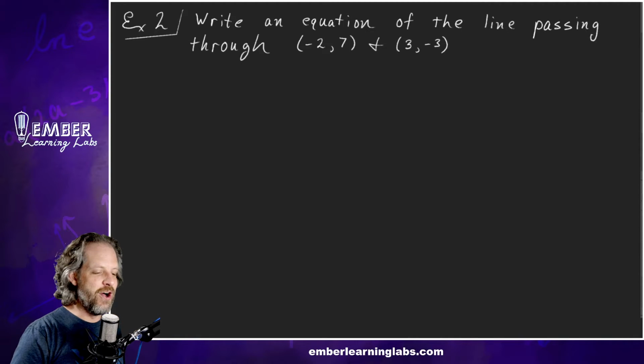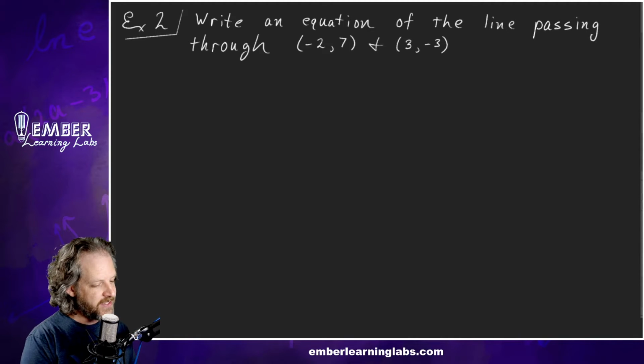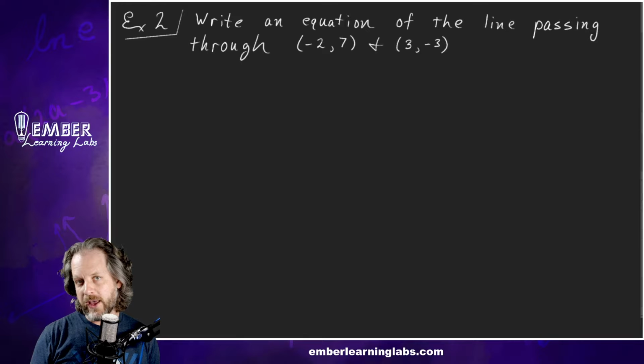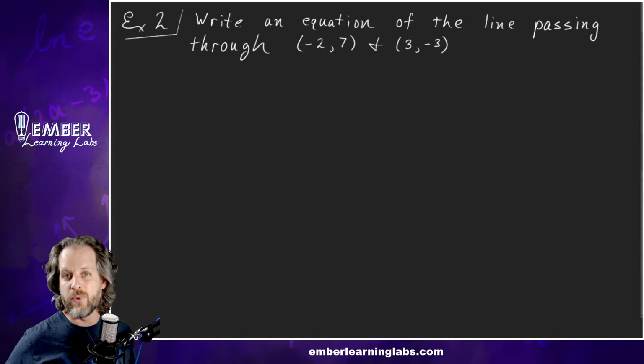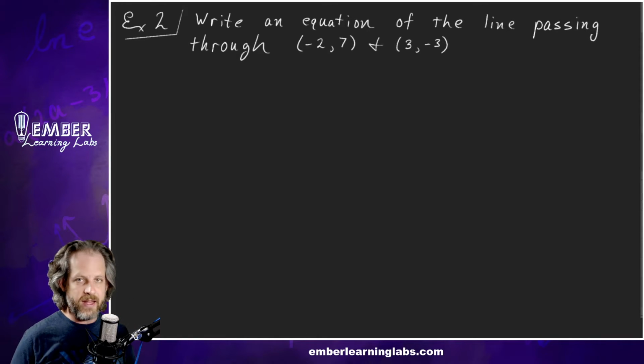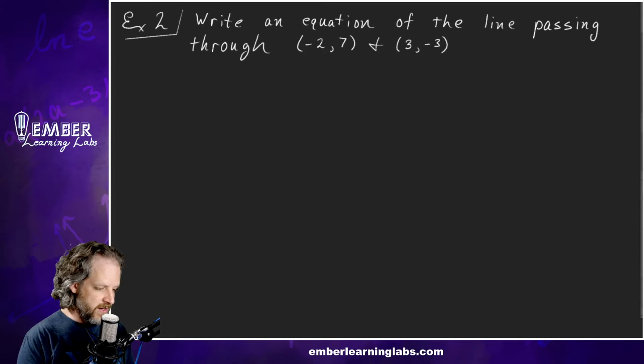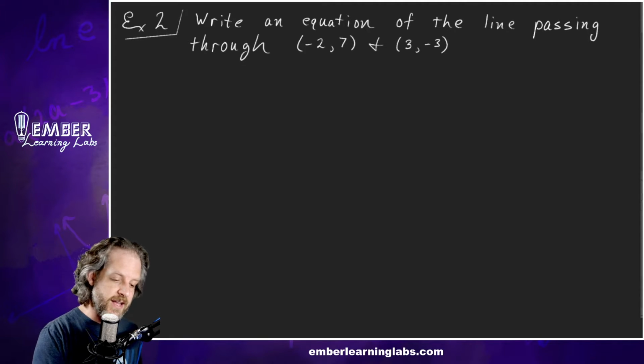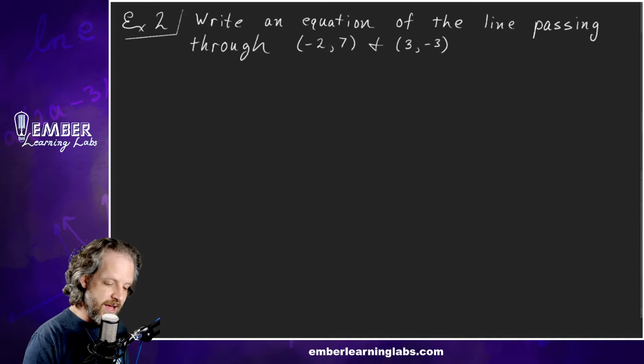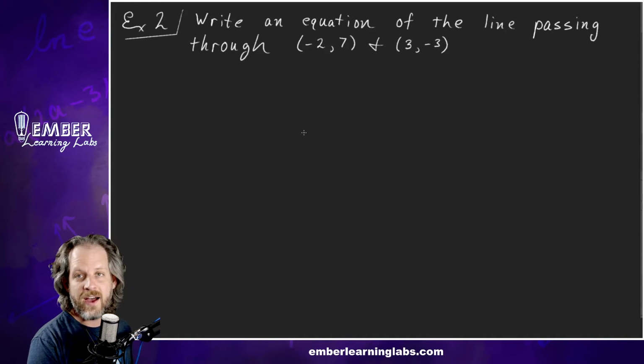There we go. So write an equation of the line passing through both of these points. So this time we're not given the slope. We're not given the b. We're not given anything. All right, so what do we need to do? Well, we just remembered in a previous lesson recently that if we're given 2 points, we can find the slope